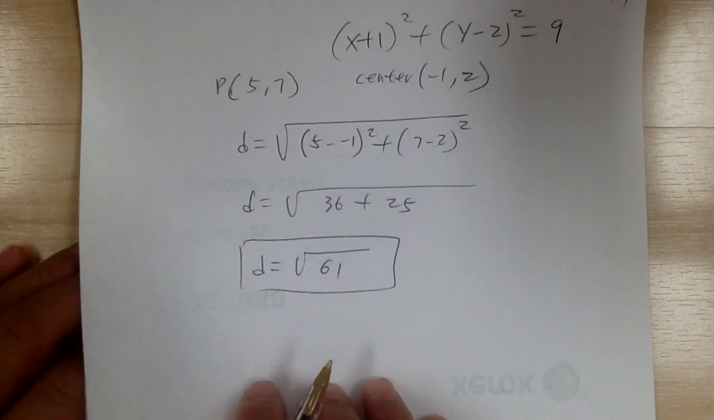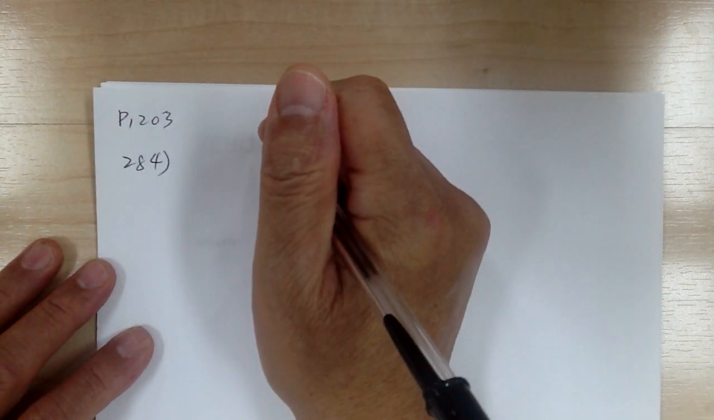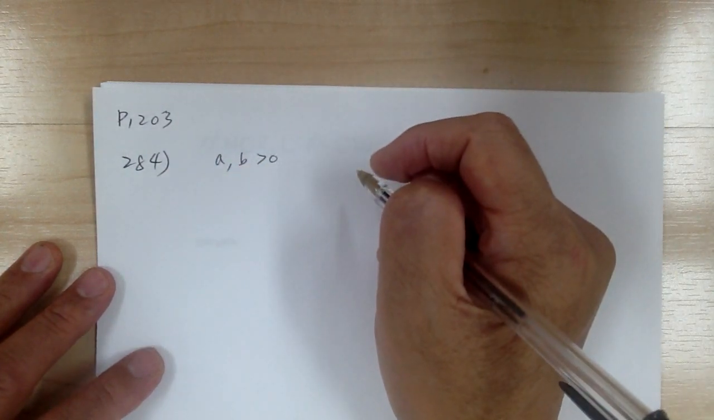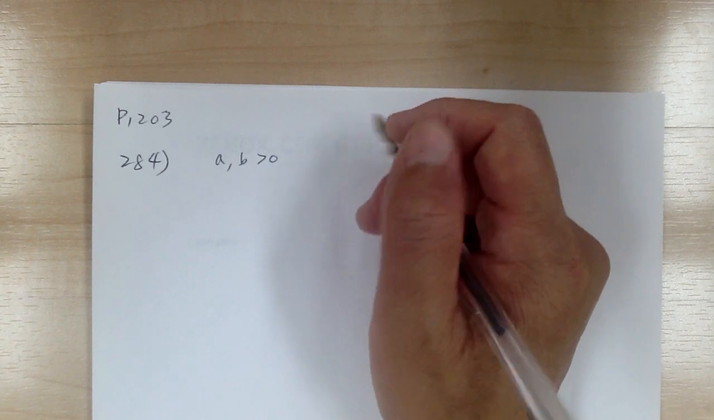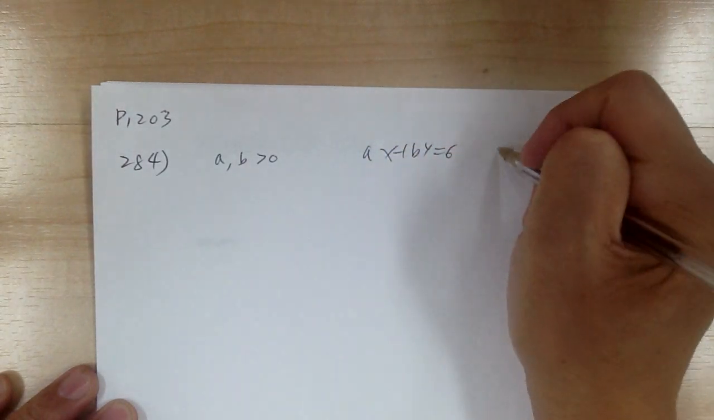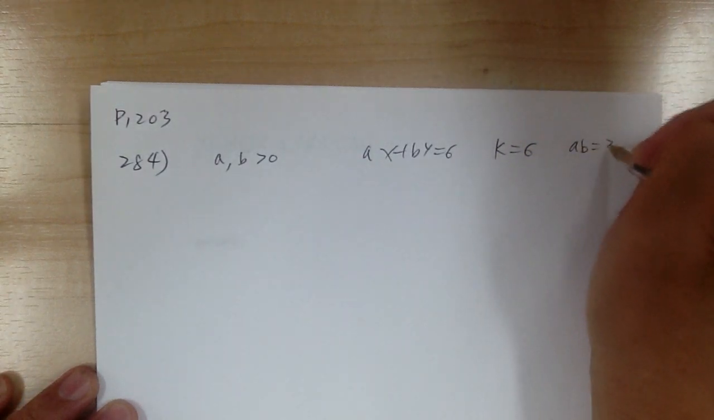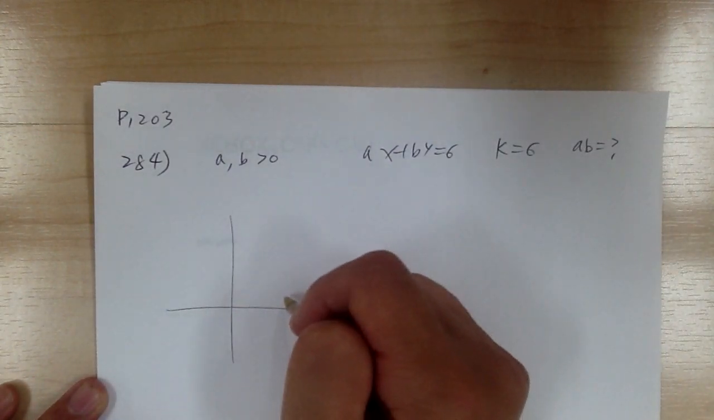Okay, let's go to 284. If a and b are greater than 0, and the triangle in the first quadrant is bounded by the coordinate axes and the graph ax plus by equal to 6 and has area equal to 6, find a times b. Okay, so if you sketch these things out,